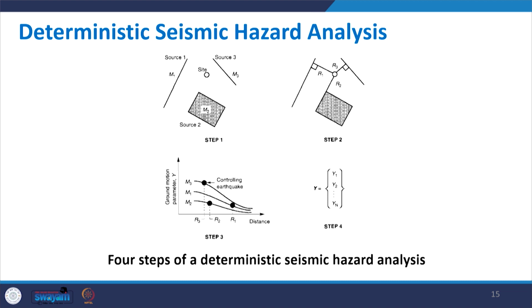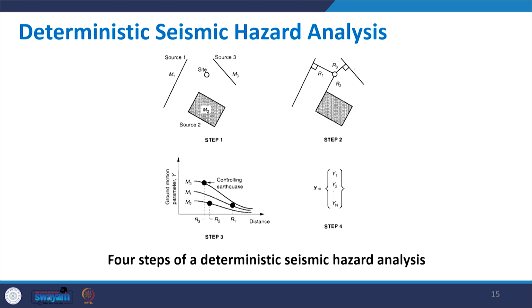You could see in step 1 you have different sources M1, and when we say source, it may not be a point source, though we can understand that there is a line. So, it could be a fault line M1, then you have M2 in some area, M3. So, from different sources, and your site is there in the first step. So, the first step is only to identify the sources, and in the second step, after identifying these sources, you find the shortest distance. Here the shortest distances in the second step are given as R1, R2 and R3. R1 is from source 1, R2 is from source 2 and R3 from source 3.